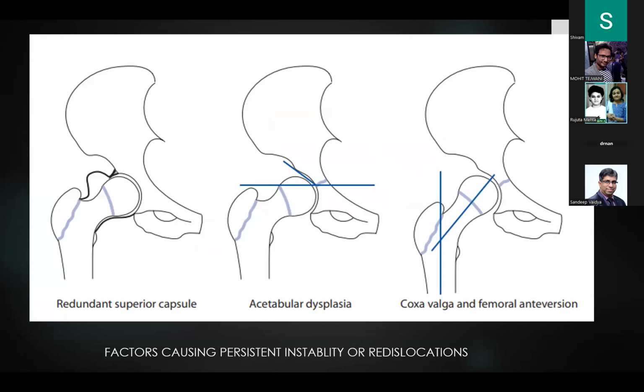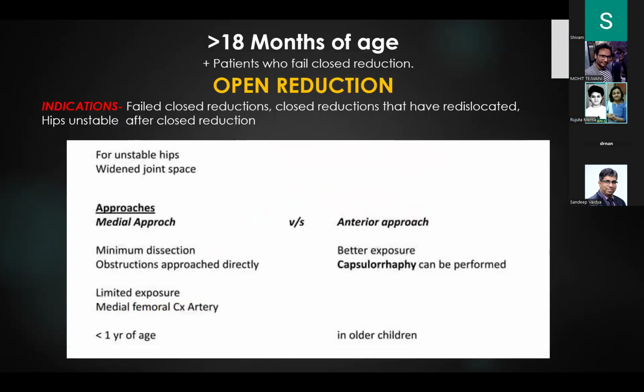So post-reduction factors that can cause persistent instability or redislocation are any redundant superior capsule, if there is significant acetabular dysplasia, or if there is coxa valga and excess femoral anteversion. So children who have failed a closed reduction, or children usually above 18 months of age, we opt for an